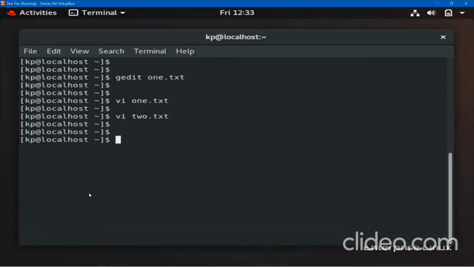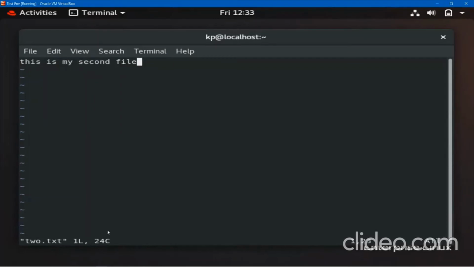Now you just want to read vi 2.txt. You can see one line, 24 characters. Here you cannot see the insert. There is nothing written here like insert. So by default you are in control mode. Just press colon Q. Now you have nothing to save, you can just quit. That's why colon Q. Press enter.